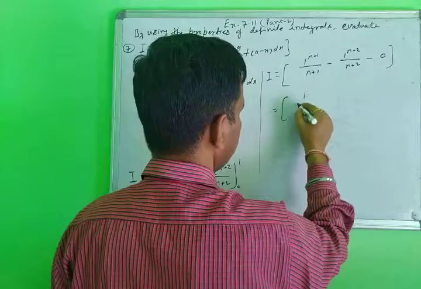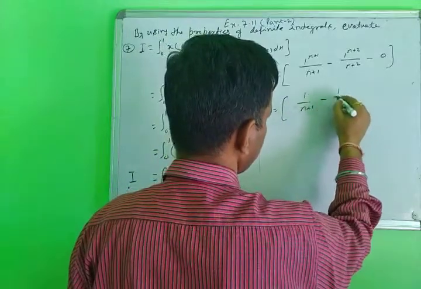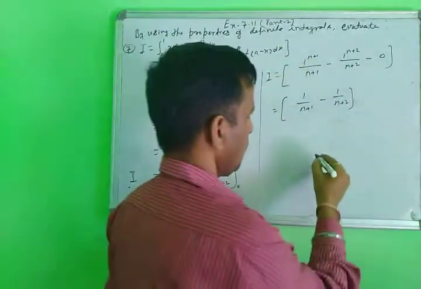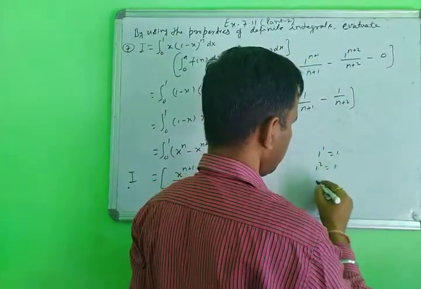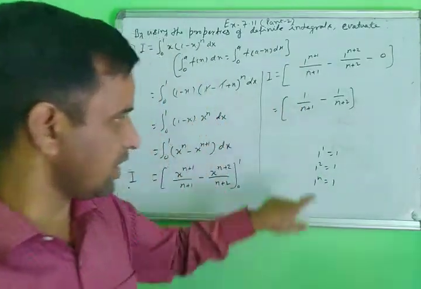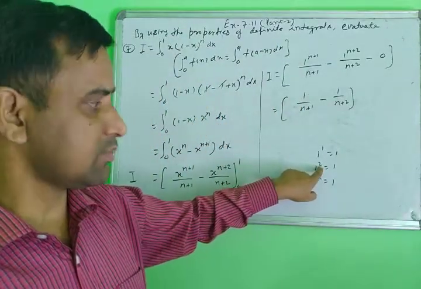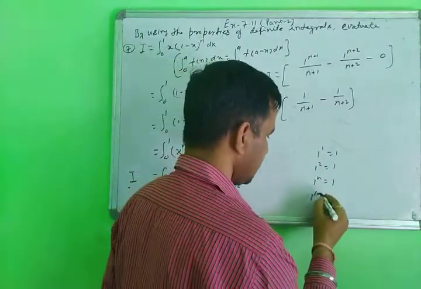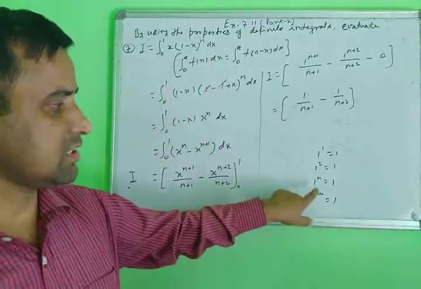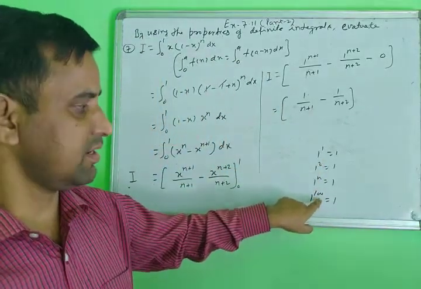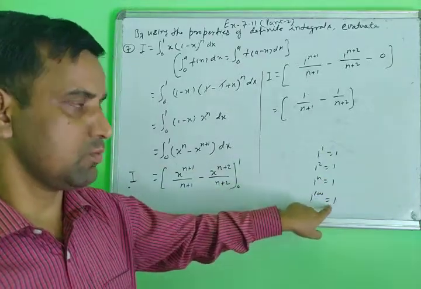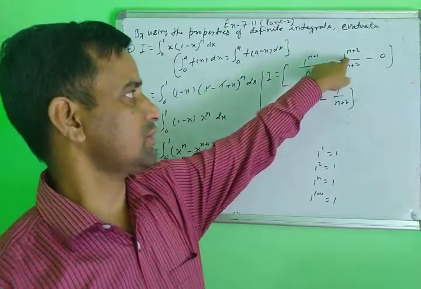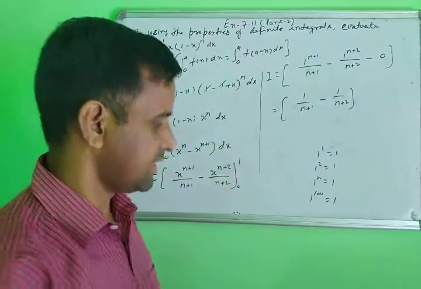So then 1 upon n plus 1 minus 1 upon n plus 2, because 1 to the power n, 1 to the power 1 equals 1, and 1 to the power 2 equals 1. Any power of 1 always gives 1. Suppose the exponent is 100, the result is also 1. It is not changing, whether it is n, 2, 1 or 100. The result will always be 1. Taking the LCM,